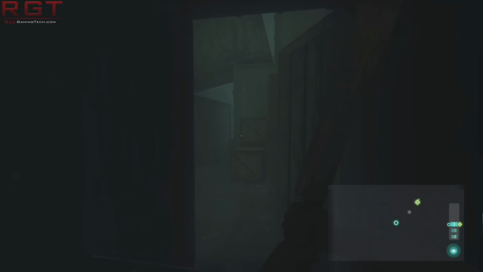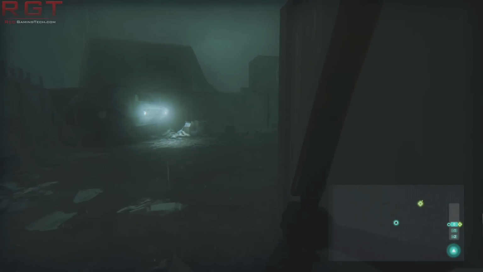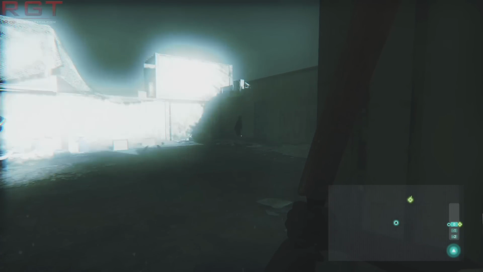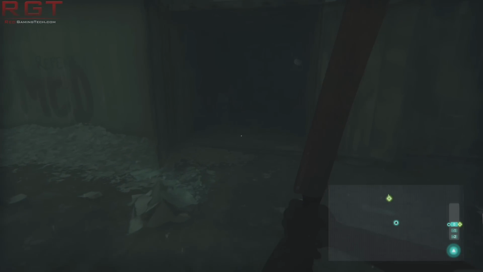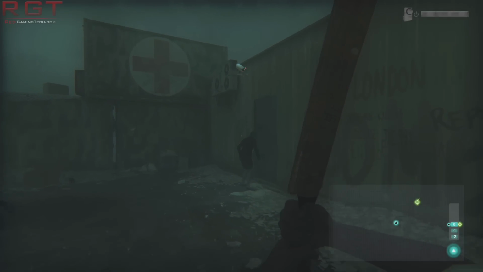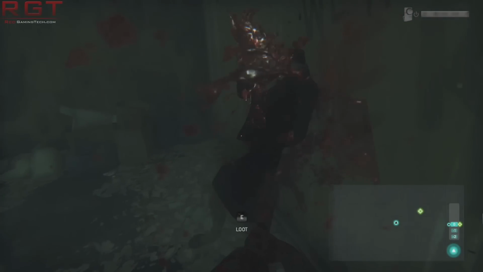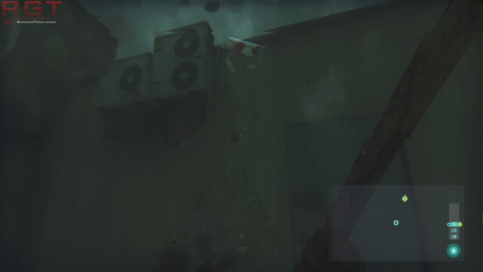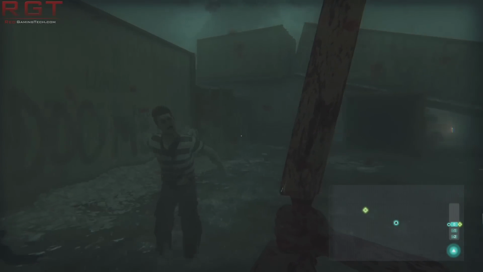Oh, okay, so we got some zombie friends. By the way, I'm pretty sure you can probably guess what I'm about to say as soon as I start saying the words. The flashlight, can you guess the rest of the words, everyone? Yes, does indeed draw in the undead. So you want to kind of minimize that as much as possible. Oh god, more of them. I have no idea where the hell these dudes are coming from, but...